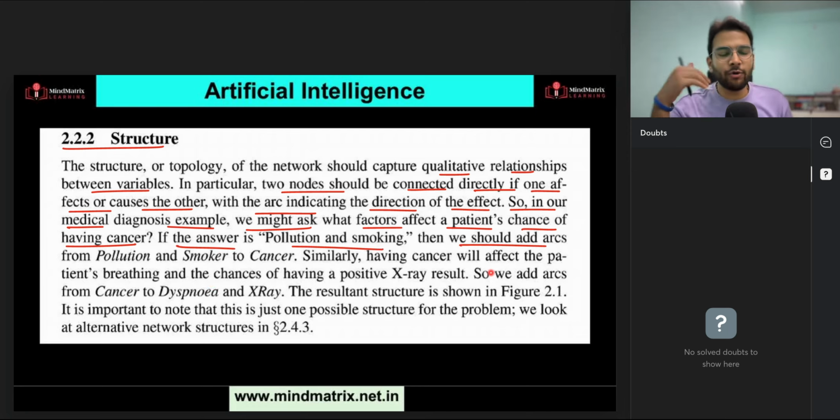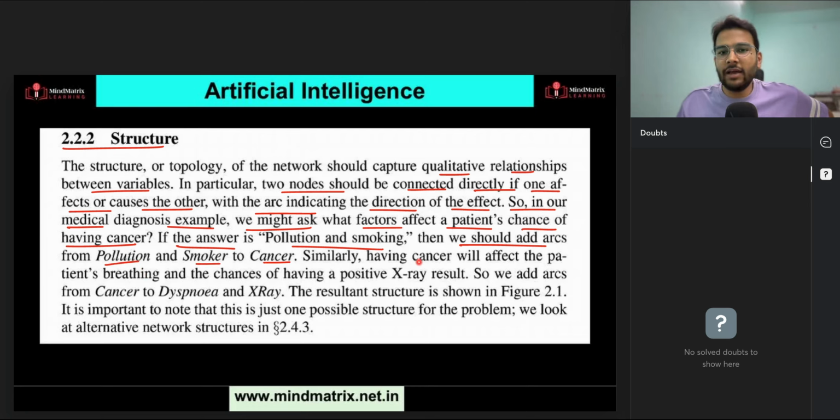So these questions you have to ask yourself. In the exam, they will definitely give you, but for analysis purposes, you should ask whenever you are dealing with any problem statement, what affects what. So, as mentioned, we might ask what factors affect a patient's chance of having cancer. If the answer is pollution and smoking, then we should have edges from pollution and smoker to